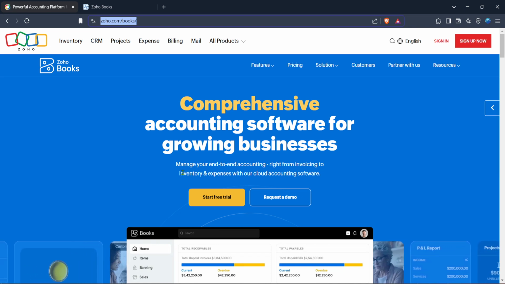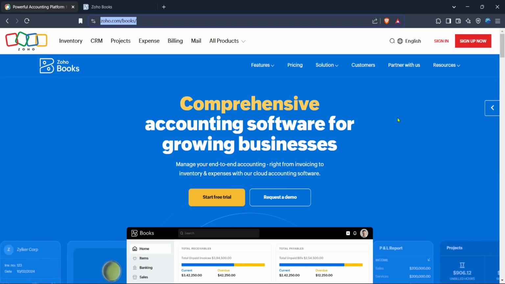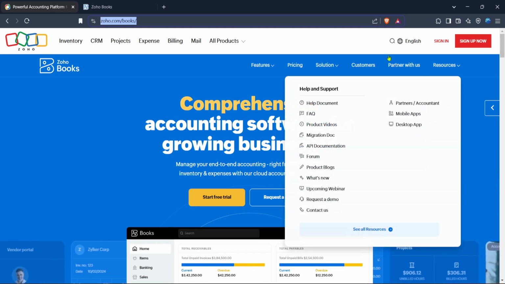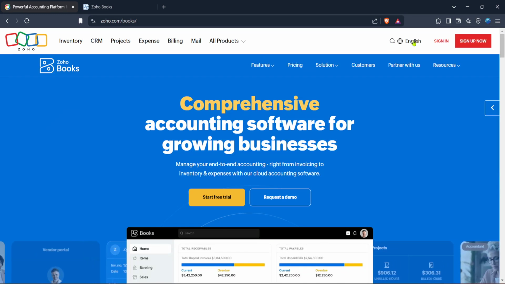First things first, you need to go to the Zoho Books website. You can do this by opening your preferred web browser and typing in the URL zoho.com/books. Once you're on the homepage, you'll notice various features and resources detailed there, but for now let's focus on signing in. Now direct your attention to the top right corner of the screen where you'll see the sign in